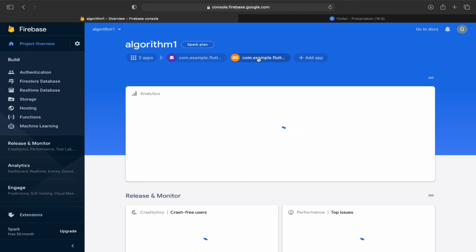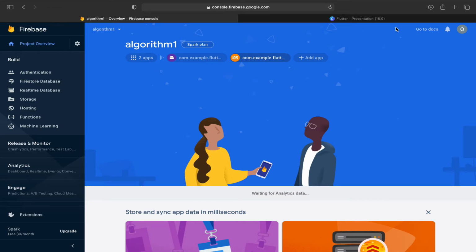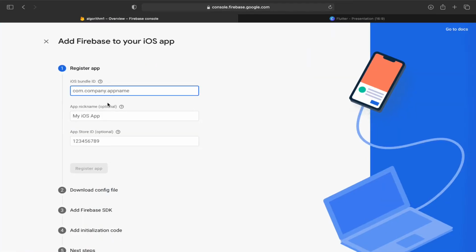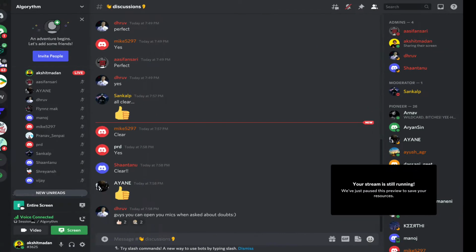Okay, just a second. Add app, let's do that again, because I want that code, and those things we don't need to remember, so I want that code only.